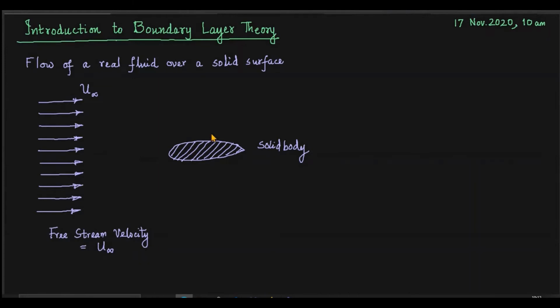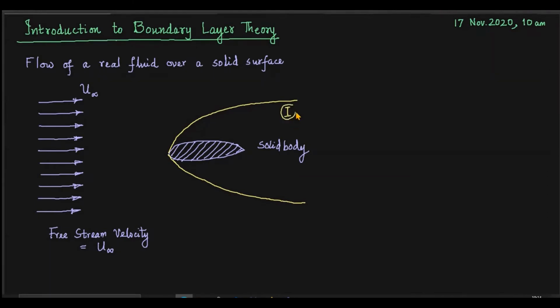What will happen in the vicinity of the solid body when the flow is coming closer and closer to it? Actually, the flow pattern will get modified. What we are going to do now is consider two regions. The region within these two curves, which I have represented top and bottom, is actually affected by viscosity, or viscous stresses. This is region 1.